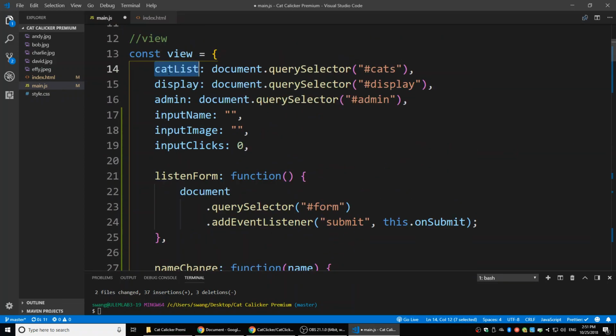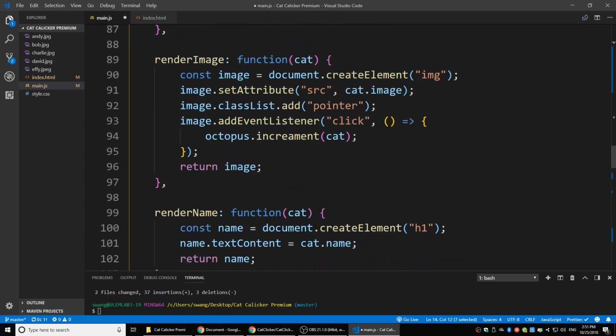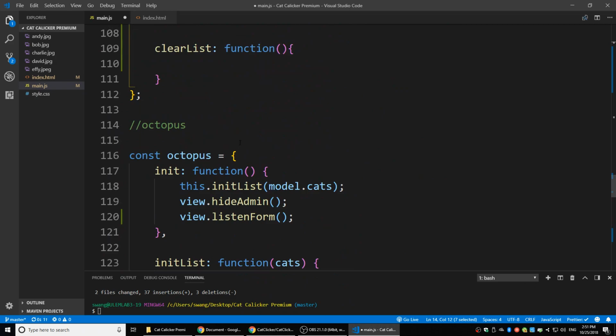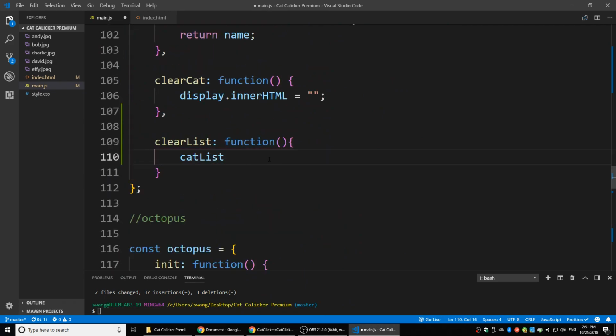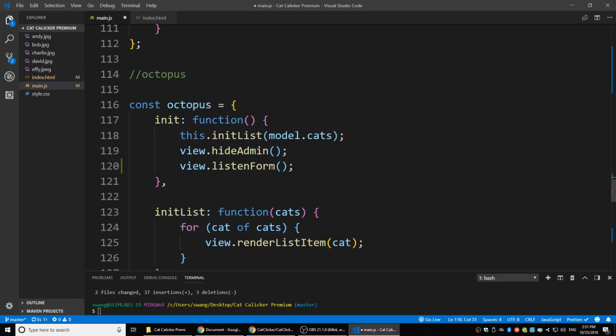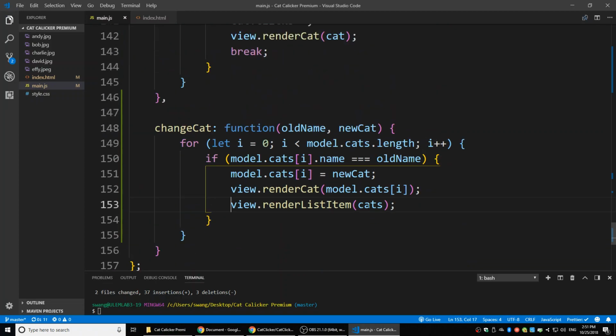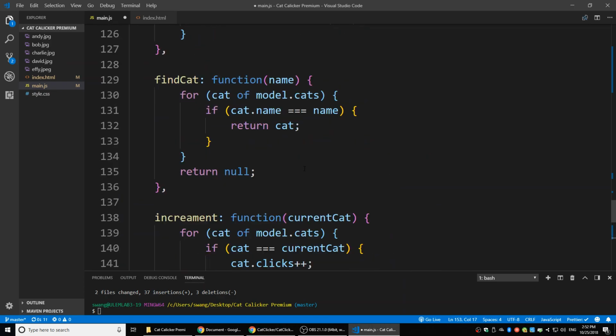I have the cat list here. Cat list. I'm just gonna reset it. Where is that? Cat list in HTML is equal to empty. Reset it. So every time when I change the name of the client in here, we're gonna call the